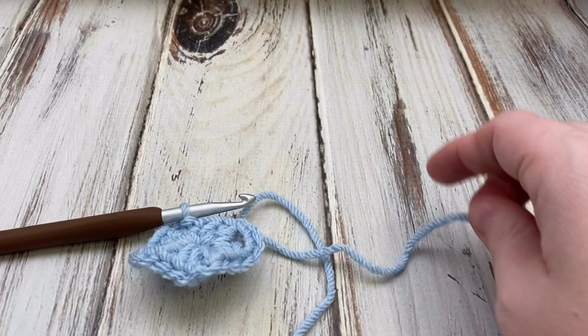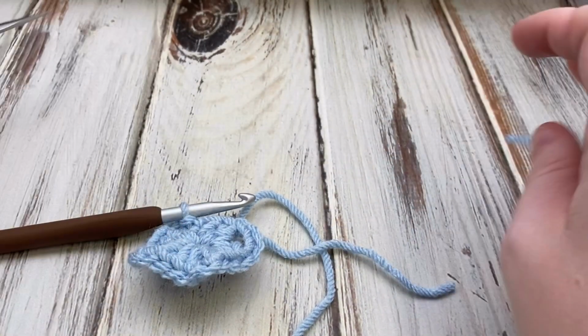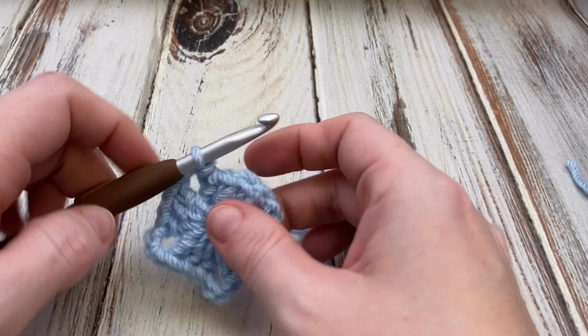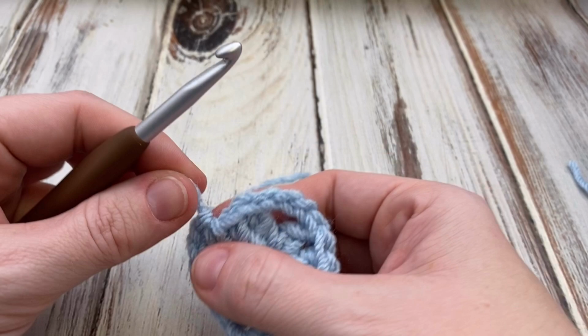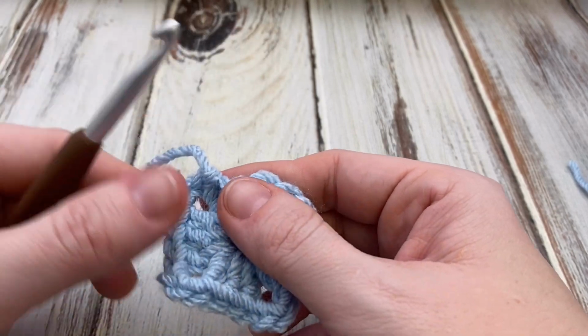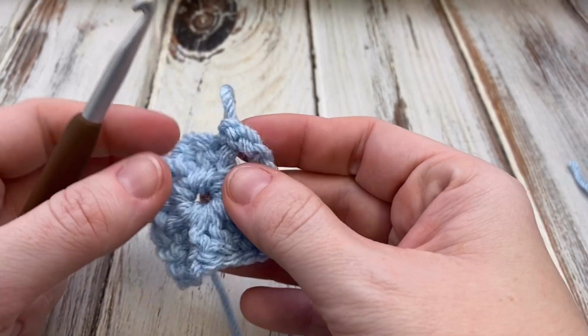Now this is going to have a few ends to weave in, definitely, because we're going to cut the yarn and fasten off on each round. To keep a knot from happening there, I just usually pull mine through, and then when I weave it in, I don't have to worry about having that knot going on. So now turn your work,